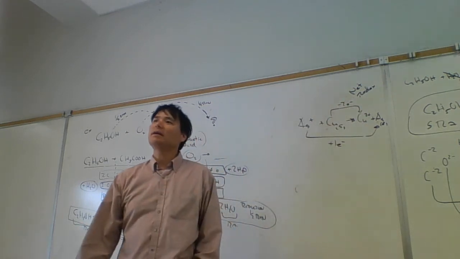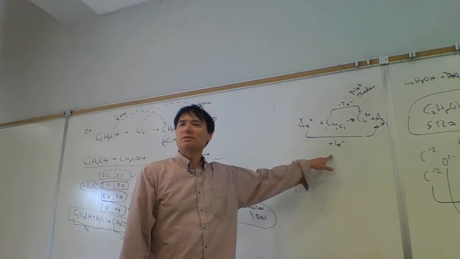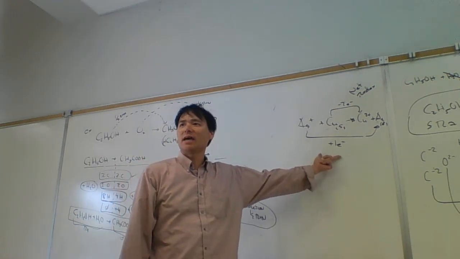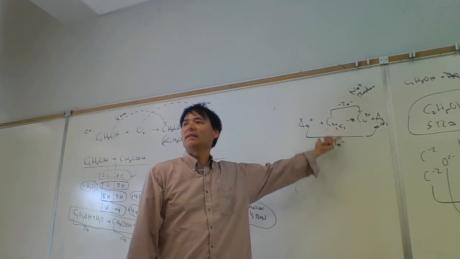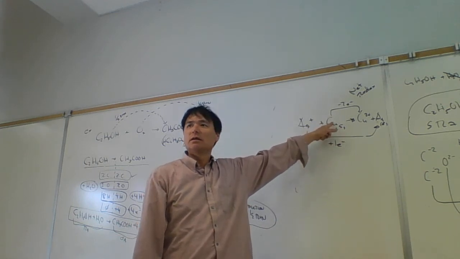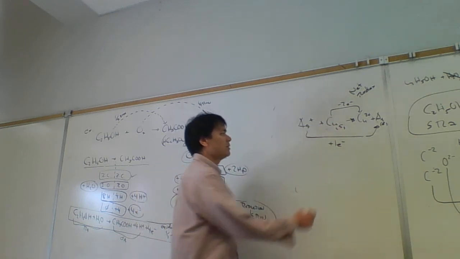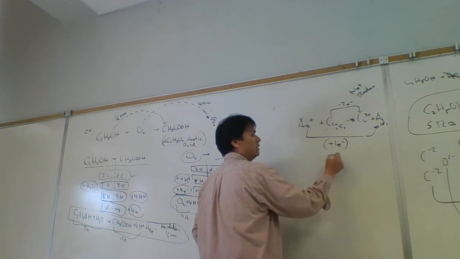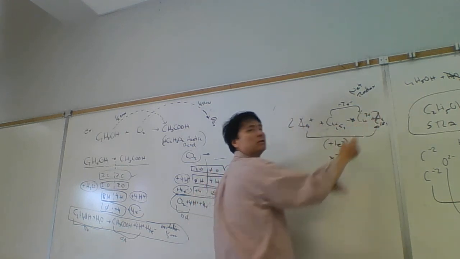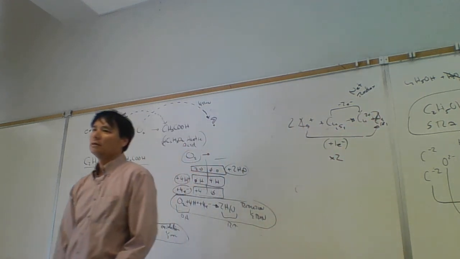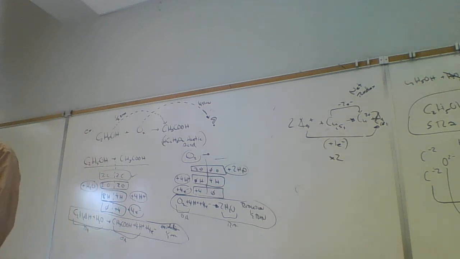Well, that can't be. We can't have 1 electron gained and 2 electrons lost. And so what we have to do is multiply this by 2, and then it's balanced. Okay? That's the way you do it if you kept it